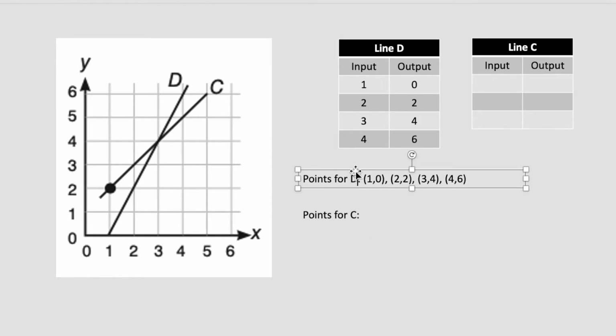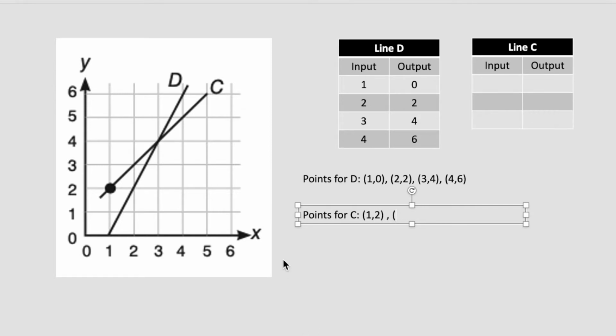Okay, now I'm looking at C. I'm going to use this in just a little bit, but I'm just going to use the table to help me figure out what that sequence is. All right, C. So I'm going to do it backwards now. I'm going to do this first. So my first coordinate, notice that it doesn't come all the way through. So we are starting at 1, and y is 2,